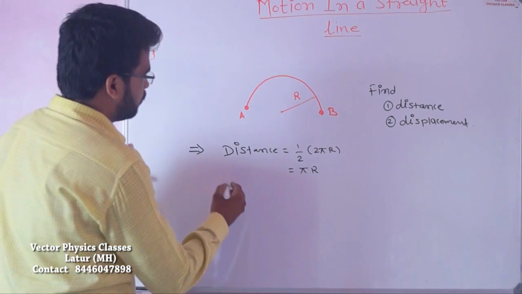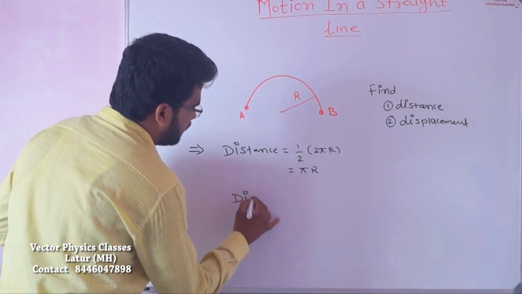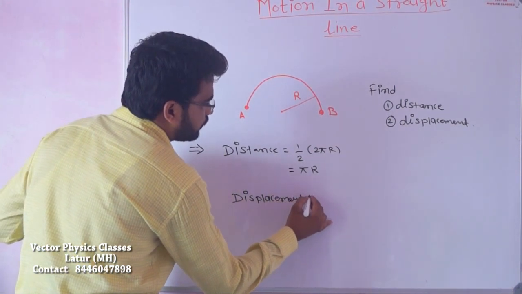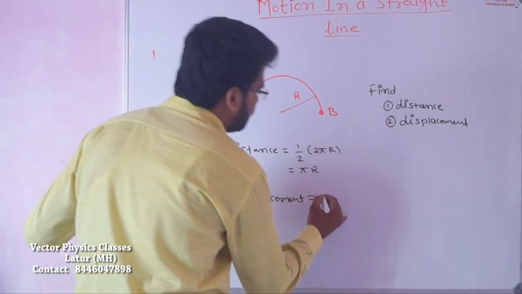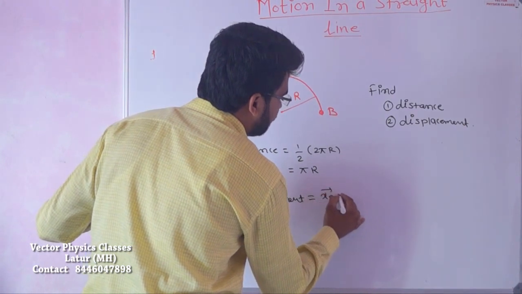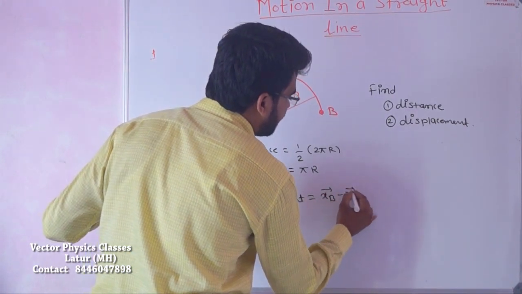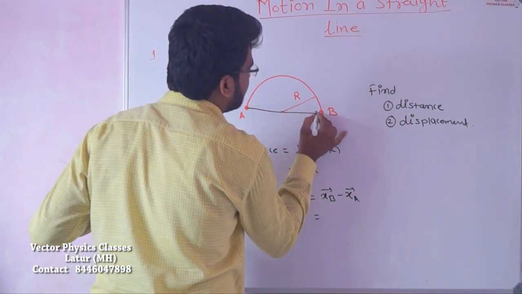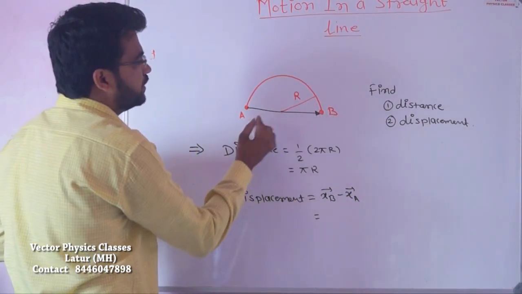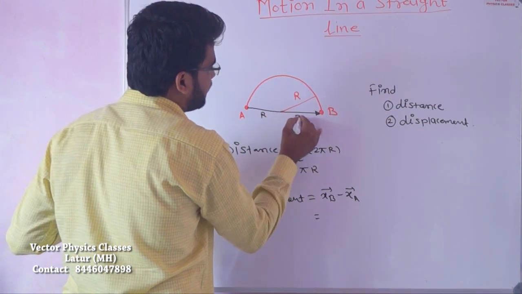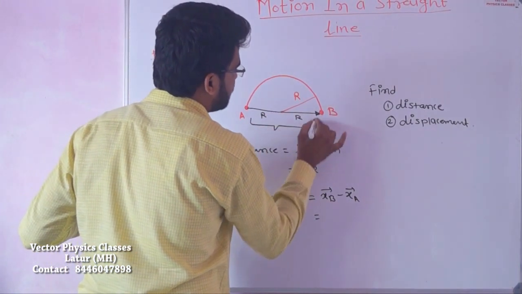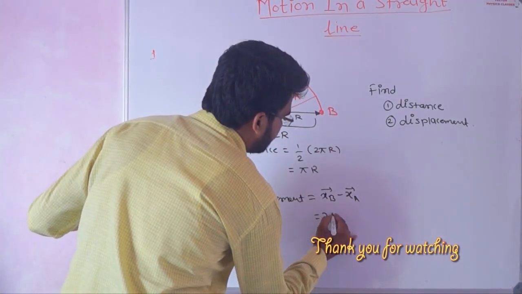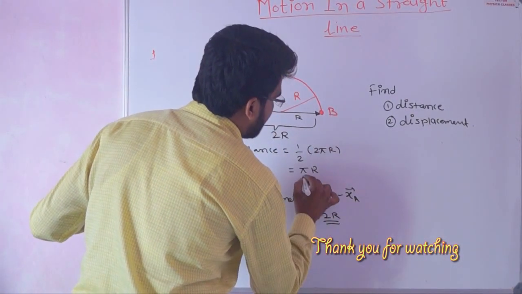Likewise, right? And what about displacement? Displacement is equal to final position x b bar minus initial position x a bar. And over here, if we draw a straight line from point A to B, we have this R and this R. This total distance over here is 2R. So displacement will be 2R and distance